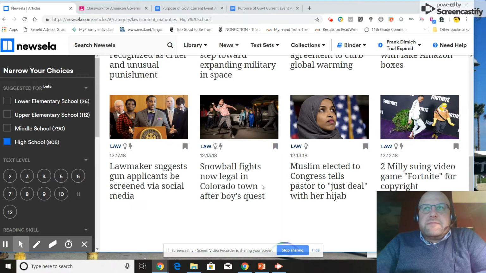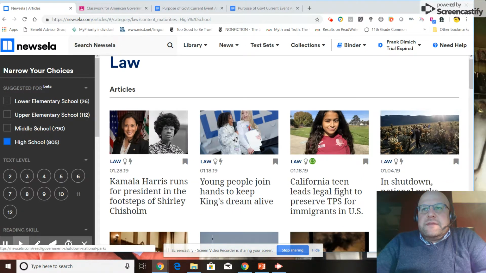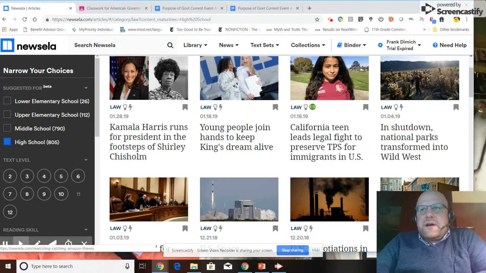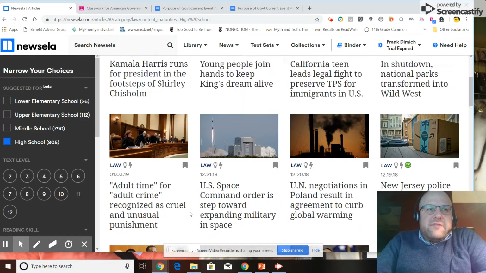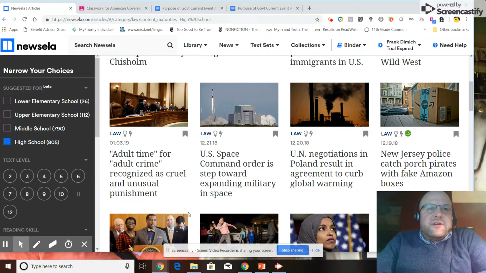For example, one talks about how national parks are transformed to the Wild West. That could be about ensuring domestic tranquility, or it could be about promoting the general welfare. Adult time for adult crime recognizes cruel and unusual punishment, talking about, again, establishing justice, or